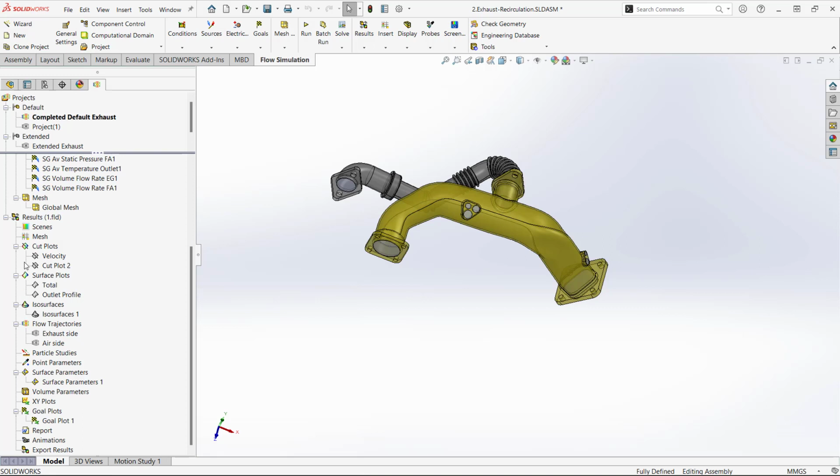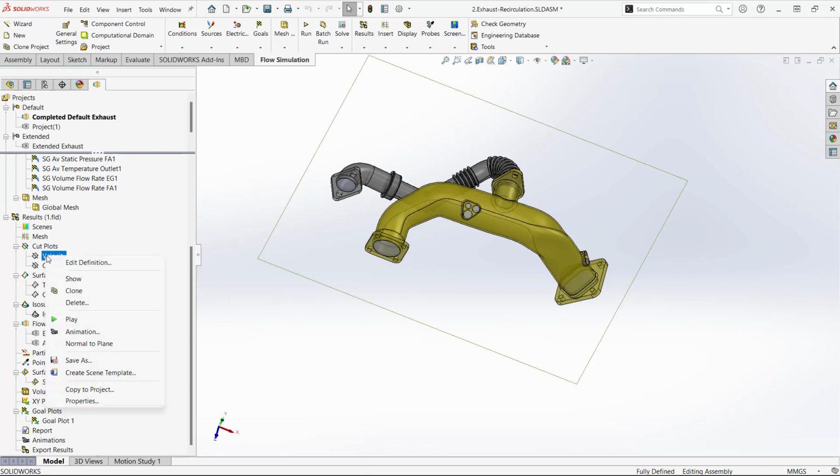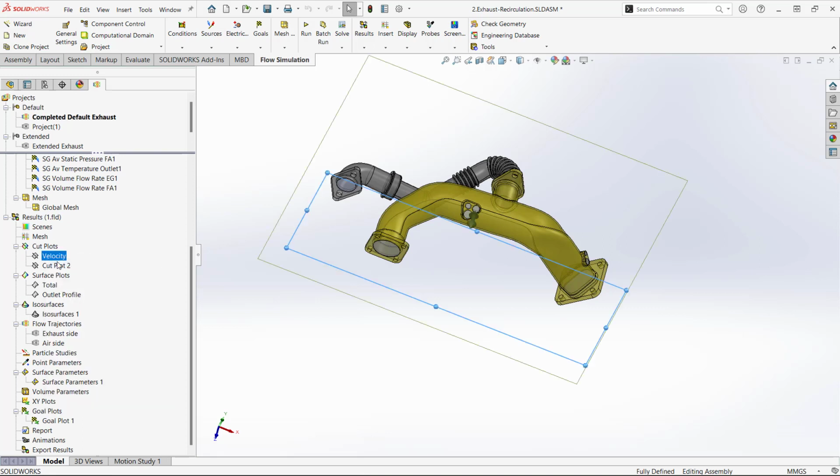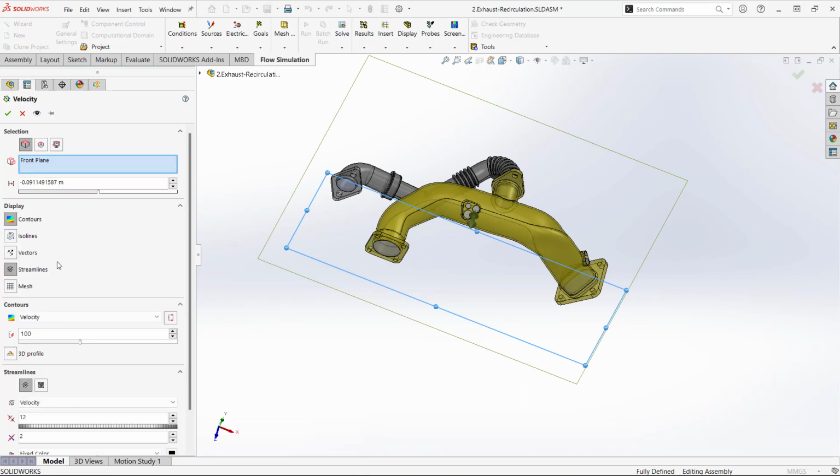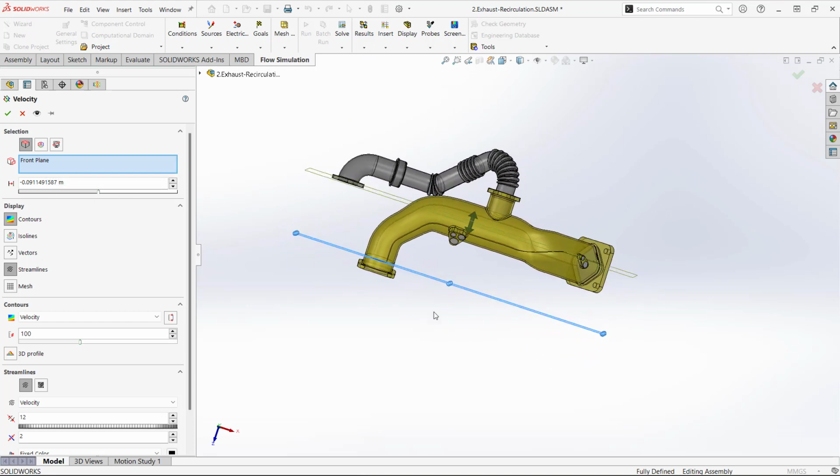The first plot type I want to look at is a cut plot. So a cut plot, if I go in and do an insert, let me just show the one that we have here, and we can edit one together. All it is, you're picking a reference of some sort. It can be a face, it can be a plane, and we can offset that as much as we'd like. In this case, maybe I'm offsetting it down the middle of the main pipe or tube there of